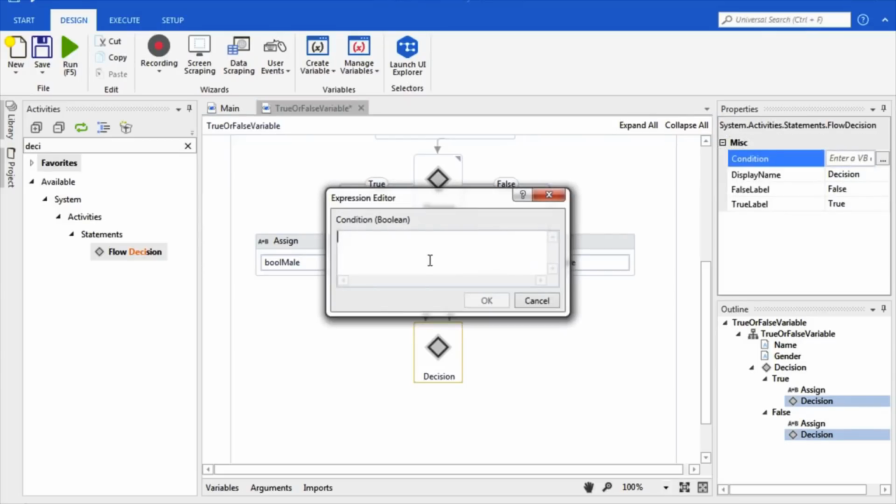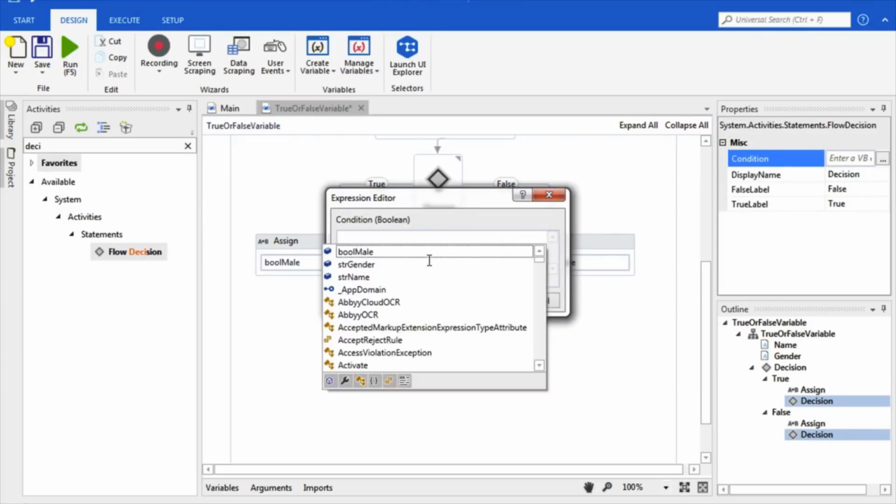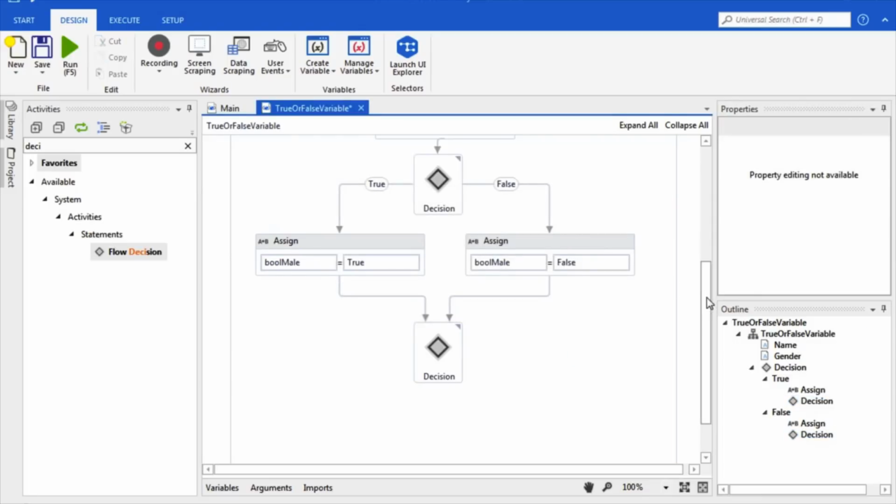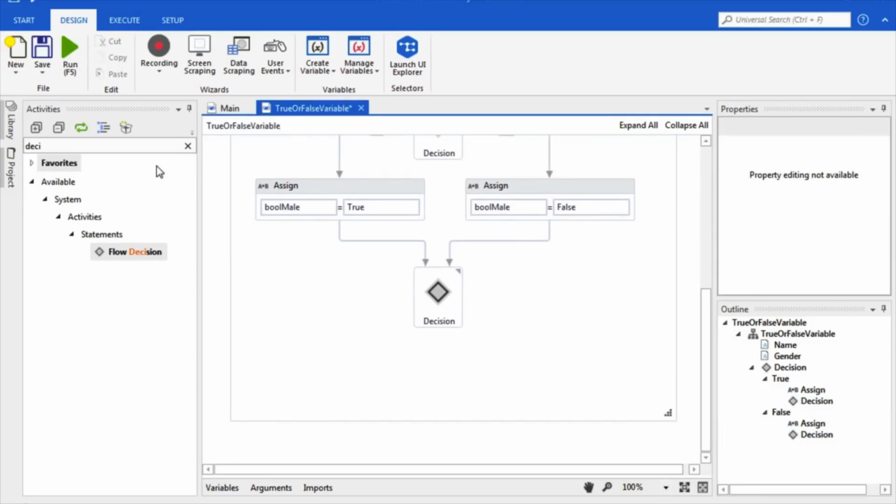And for our condition, let's just say bool male. And by default, if you enter just a Boolean, it will check if this equals true. So this is the same thing. If you want to see if it equals true, then you can just leave it blank. And if you want to see if it's false, then you would have to specify equals false. Now, if it is,